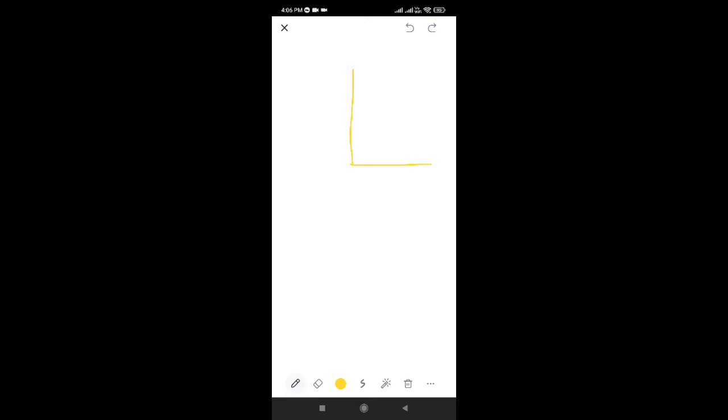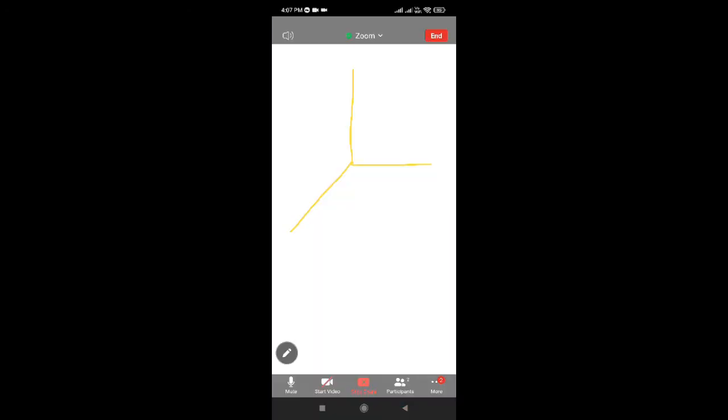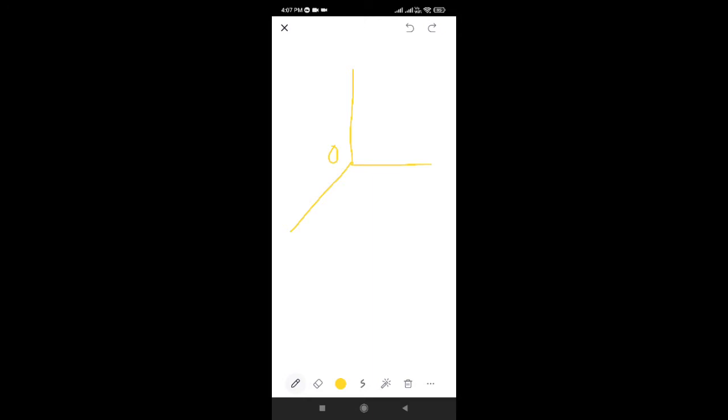We are considering a particle here, and a particle means a molecule. We are taking the gaseous system, so we are dealing with the kinetic theory of gases now. Here we are considering one particular gas molecule. This is the origin. This is the x-axis, this is the y-axis, and this is the z-axis.